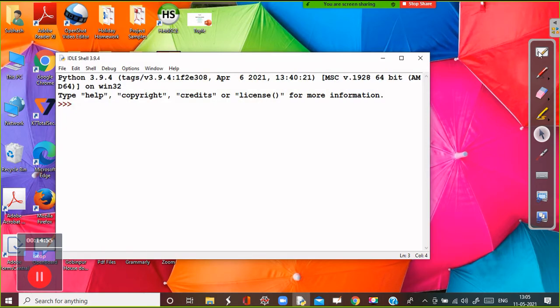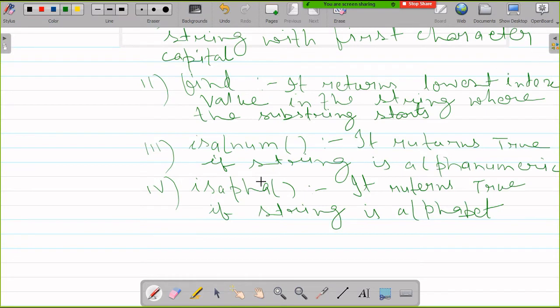Next function is isdigit. This is the same as the isalpha. Here you have to find the digits there. It returns true if the string is digit, okay.